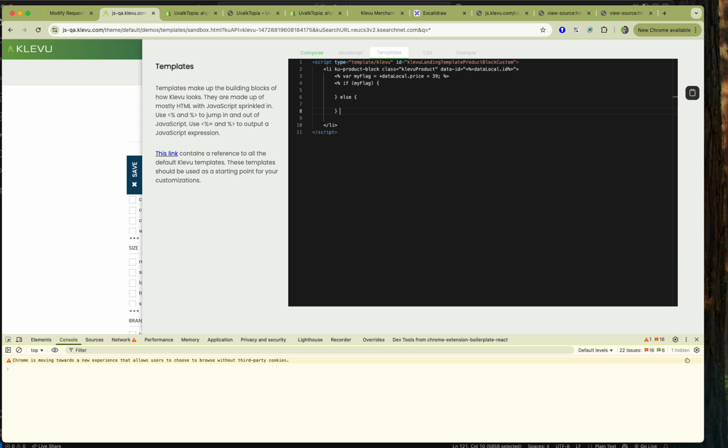If I can type here. And now I want to close everything off. I want to jump in and out of JavaScript, because I want to render some HTML in between. So I could say something like, the price is below 39 euro, or the price is 39 or above euro. But this could have been anything. This could have been rendering another template. This could have been a whole new section with all kinds of buttons and anything. Because I'm going in and out of JavaScript here,